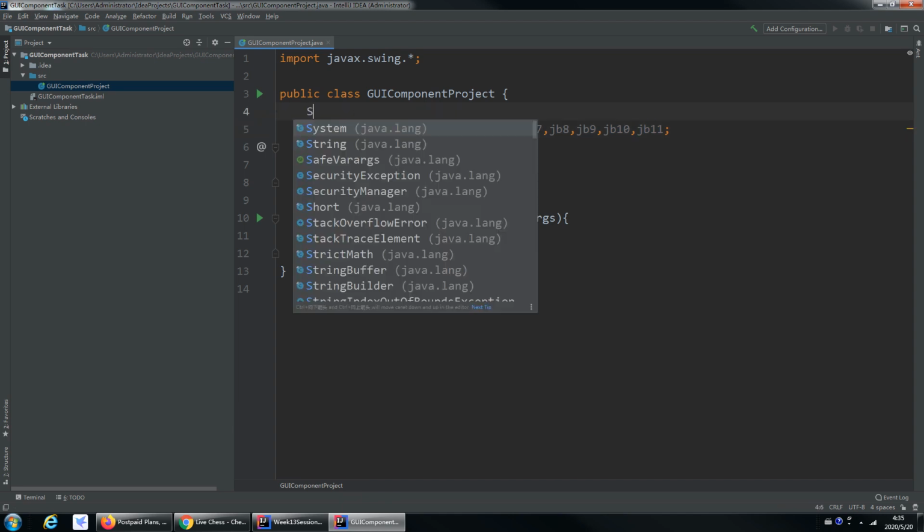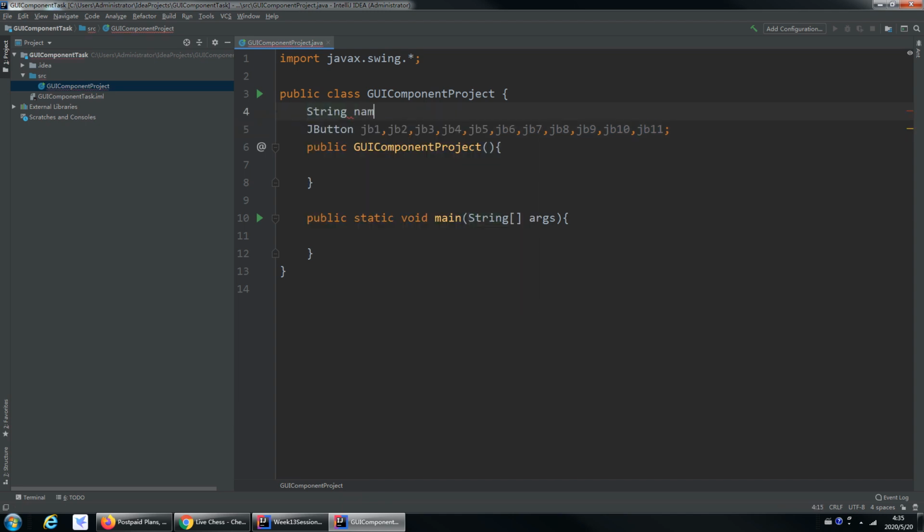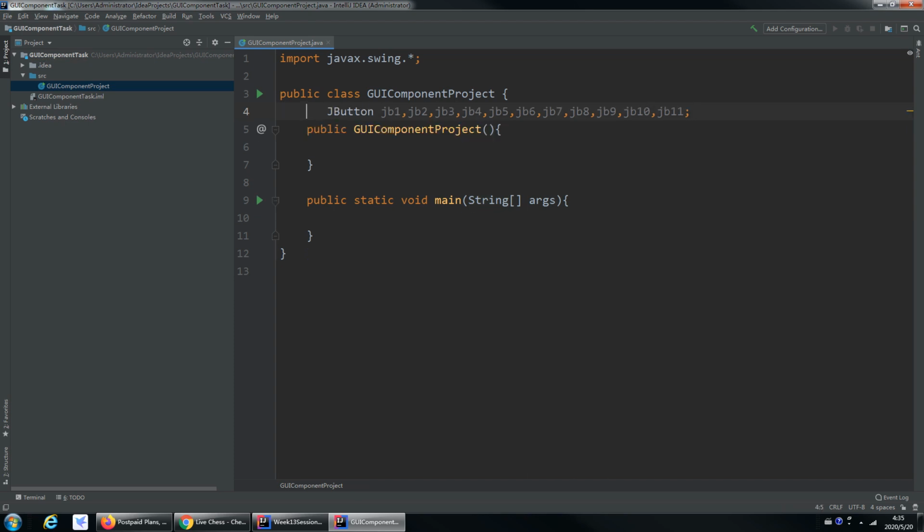Like if you remember, you have done String name, yes or no? So name is a variable and String is a class. Now I'm not using String over here. I want to use JButton. So these are all variables which I have declared for this button, JButton. Okay, now